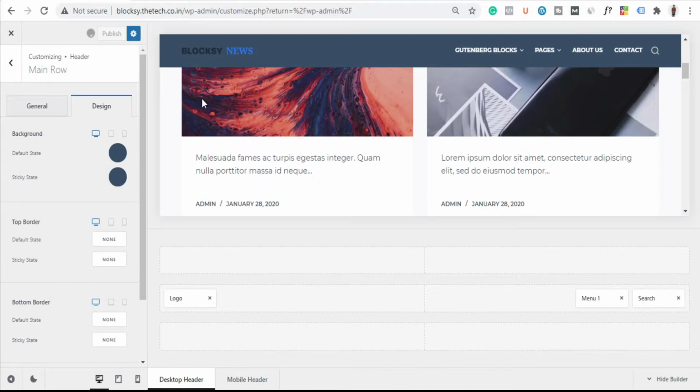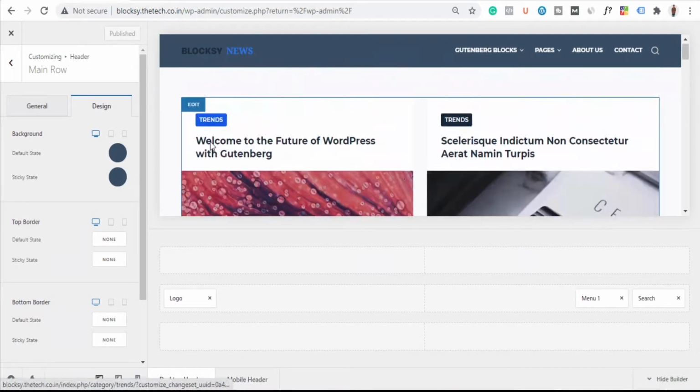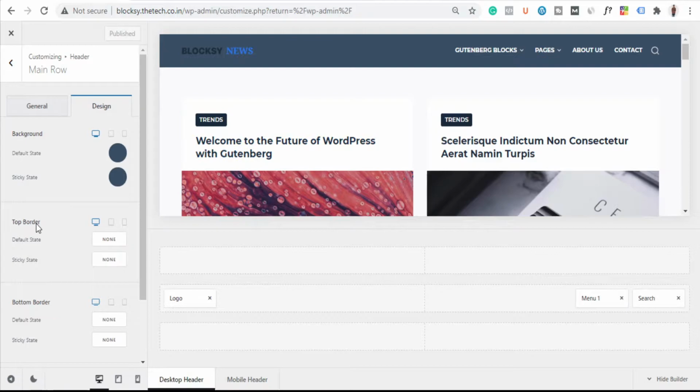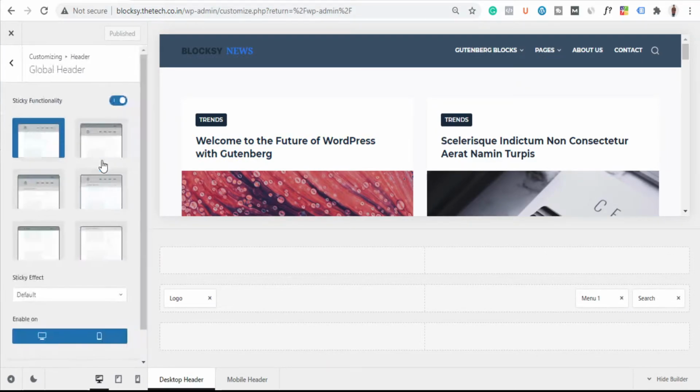I think many of the themes don't provide this sticky option in the free version. We need to add some external plugin also, but Blocksy gives everything by default. Okay, and I forgot to tell you one more thing. If I go back here, to header, global header, you can see we have like 6 options here.